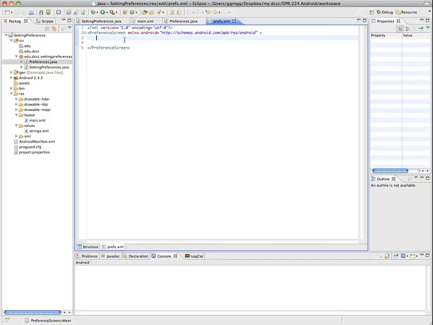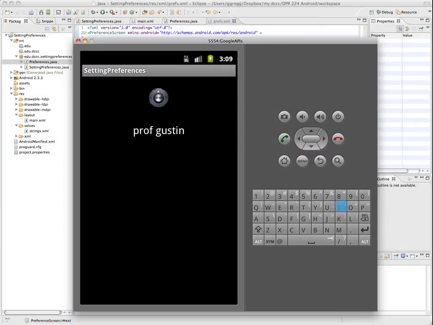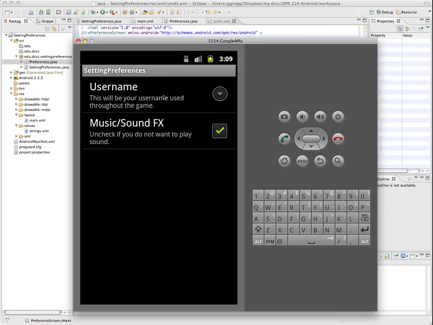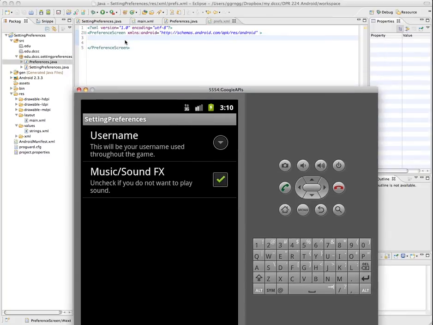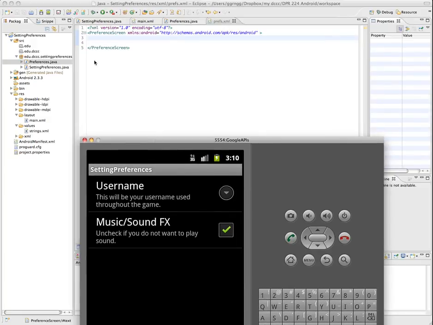Now, we don't have the graphical layout options where we can just click and drag to pull things in. We have to code this part out by hand, but it's not too bad. The first thing in our preferences screen is going to be a username with an edit text and then a checkbox. So we're going to add the XML code in here in order to be able to give us these things. So I'll switch back to this as we start to build this so that you can see where this